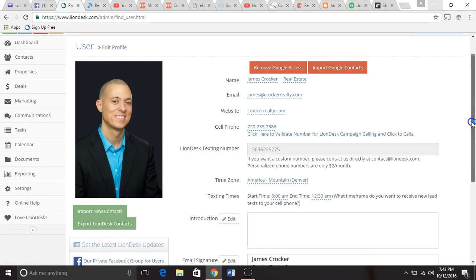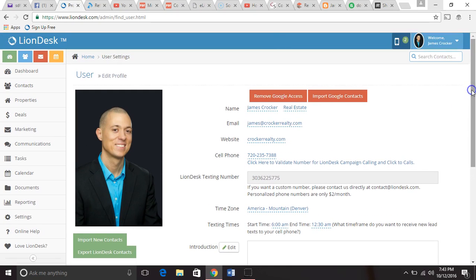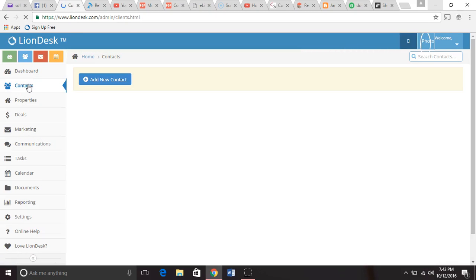And if you are exporting your contacts out, so for example, let's say that you're doing your monthly mailing, you wouldn't want to do it from this area. This would export every single contact you have out. So if you ever decide that you want to switch databases for whatever reason, this is how you can export your entire contact list. If you're going to do your monthly mailing, you just go to Contacts,